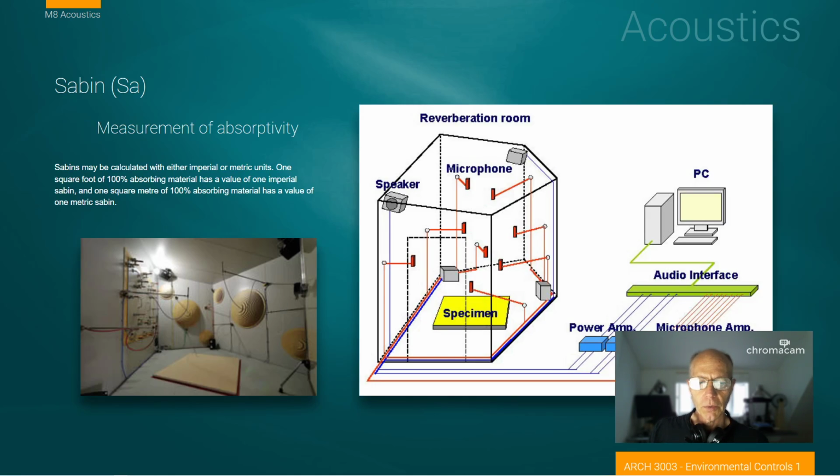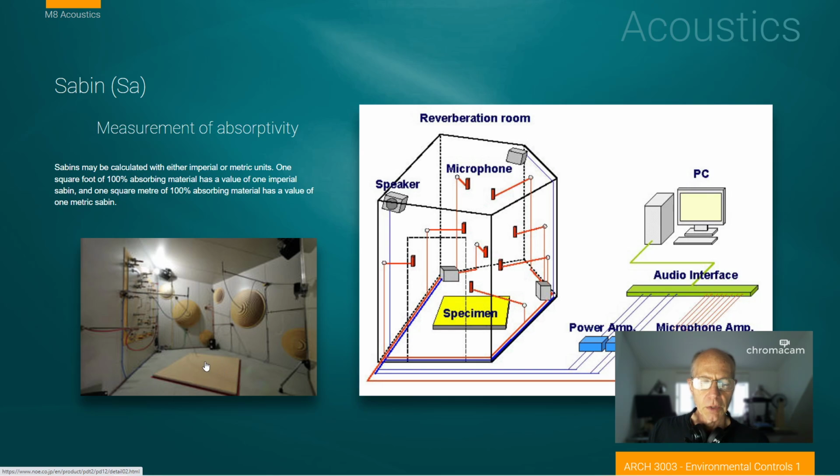I'm going to just run through a few of the terms right away. A Sabin is a measurement of sound absorptivity. It's really important for architects to understand this concept and how it's measured. In this case, we have an acoustical test room. It has microphones in it and speakers to create sound. A specimen is placed in the room,